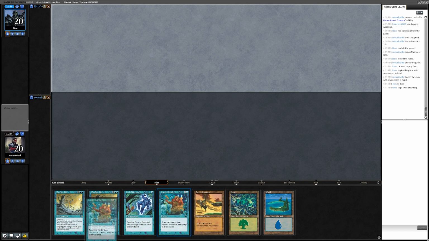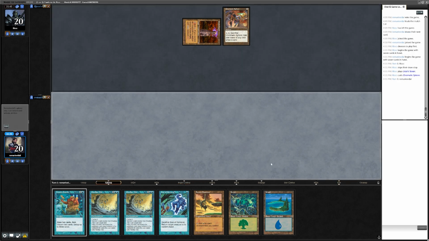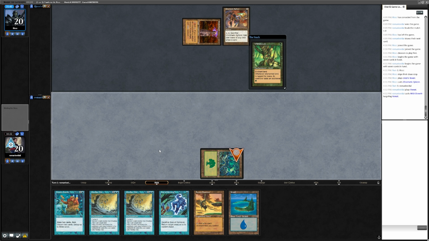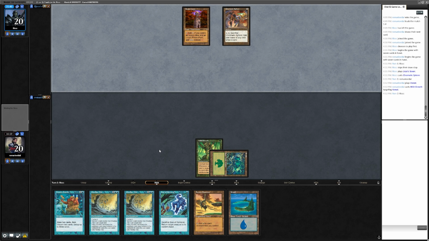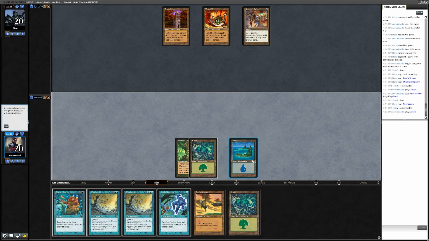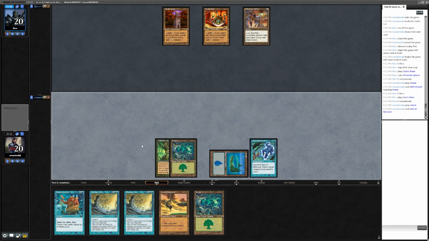I do think that the Frantic Search in my opening hand like this is kind of a mulligan, but I mean this game's probably gonna go long. So we found Wild Growth. Okay, so I think I'm gonna do this first. And alright, so I think Seal makes sense. And then the next card I draw,